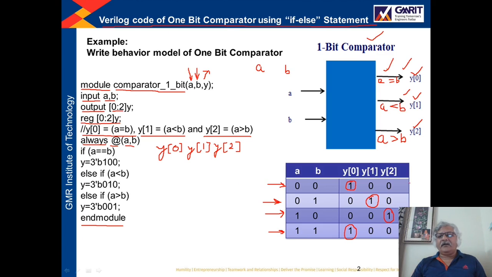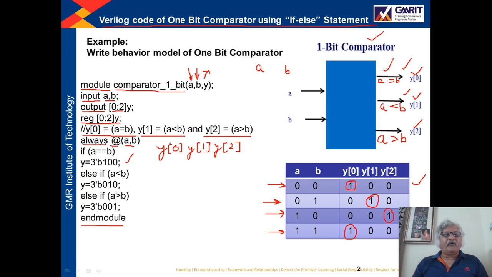Right? See this condition in the truth table, first row and the last row. If a is equal to b, then y0 will be 1, and the remaining 2 outputs will be 0. So if this is the condition, this statement will be executed: y is equal to 3'b100. So 100 will be assigned to y. See here, what value are we assigning? 100. It will be assigned to y